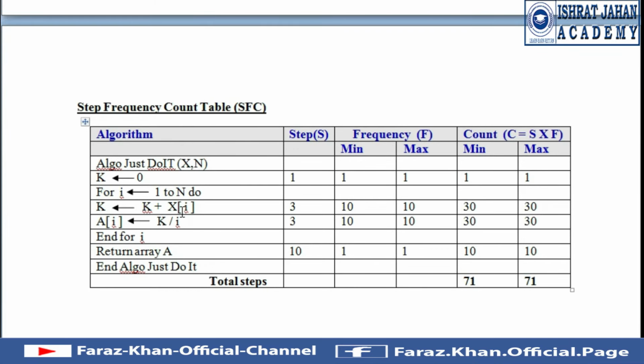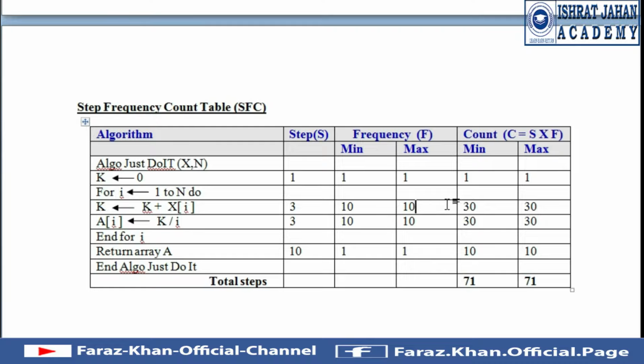Now here, first step, second step, and the third step, it will take 3 steps. So it will take 10 in minimum, because we are always interested in the worst case, 10 in maximum, we are always interested in the worst case in both minimum and maximum,